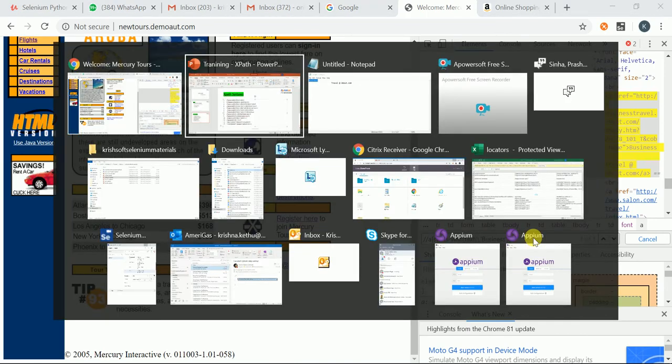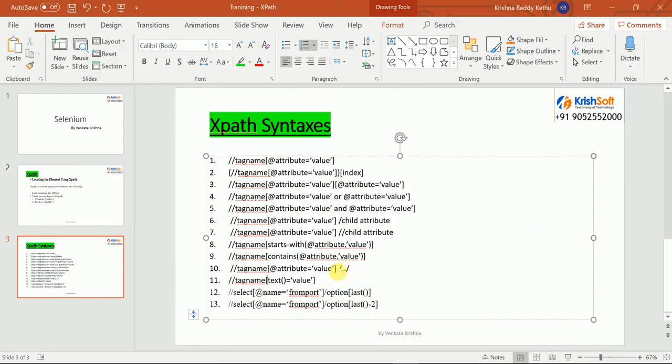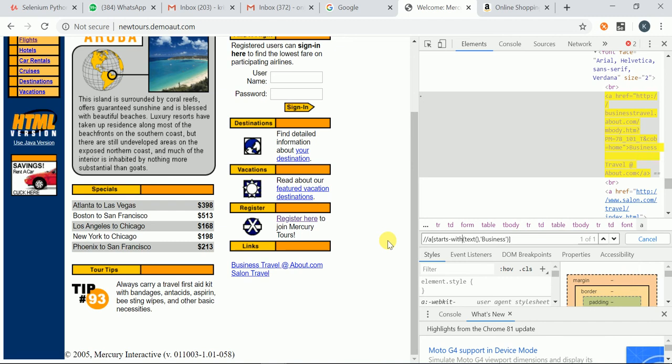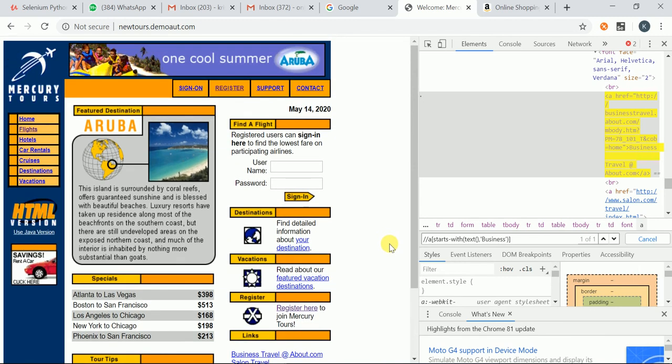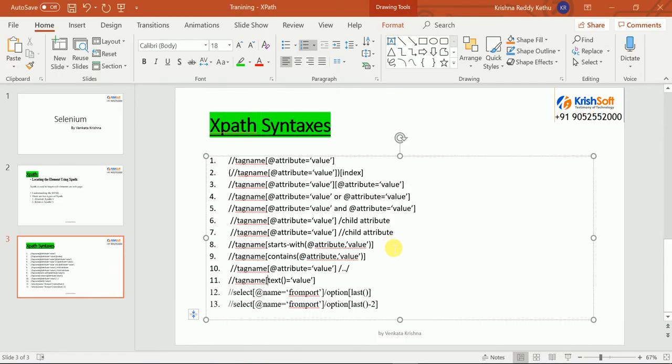Similarly, we completed starts with and contains. This one and the 11th one, which is also text, we have used. The 10th one is very important for us. The 10th one talks about reverse traversing. I want to go from my child to my parent.